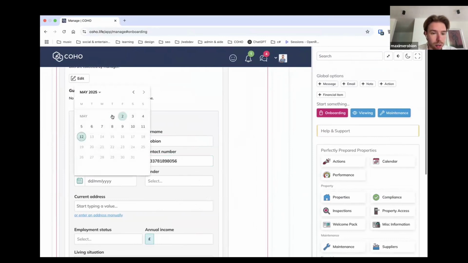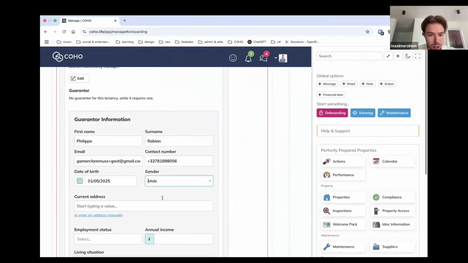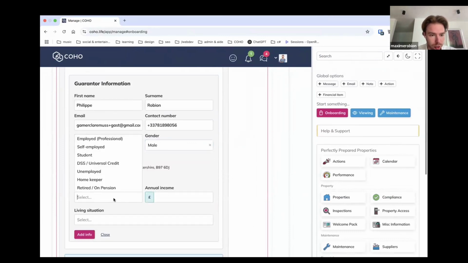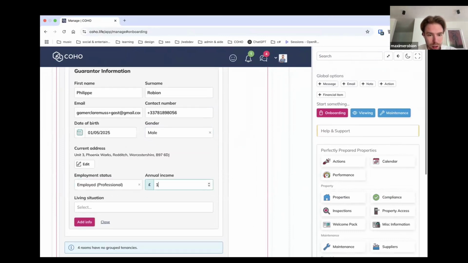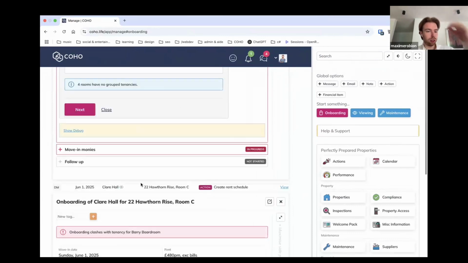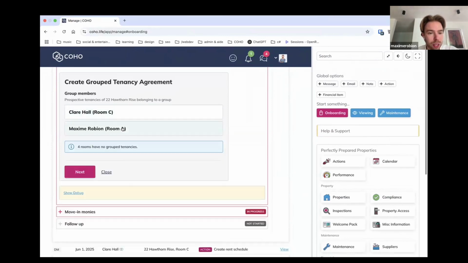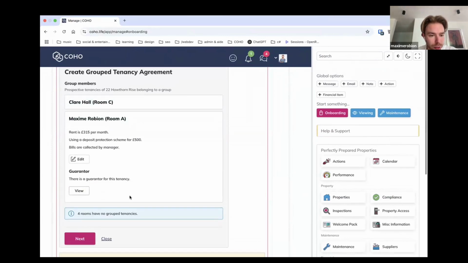So that's quite nice because you can add it on the spot. You don't have to change somewhere else in the UI. Okay, so I'll just add the guarantor info, and you can see here I'm happy now. I have my guarantor. It's here,